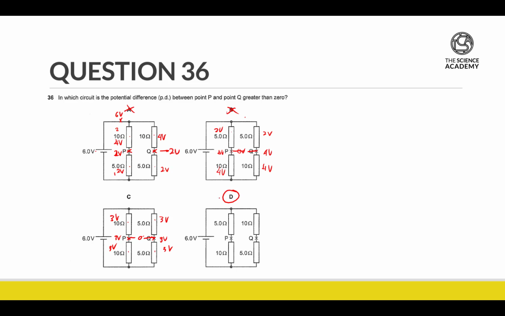So let's check. We know that in a 5-10 configuration, we have 2 volts and 4 volts. And since it's a 10-5 configuration, 4 volts and 2 volts. Potential at P, if I have 6, I use up 2, I will have 4 volts. Then if I have 6, I use up 4, I will have 2 volts here. So when we minus off, we have a 2 volt potential difference between P and Q. So the answer is definitely going to be